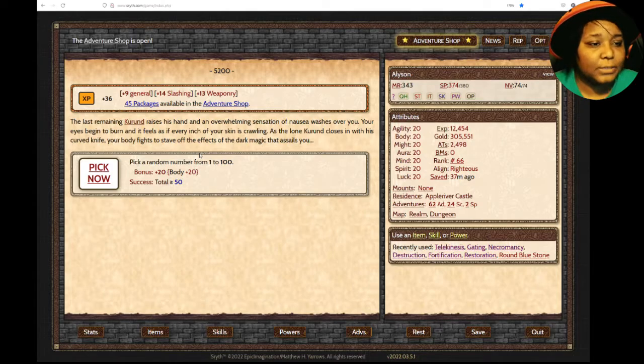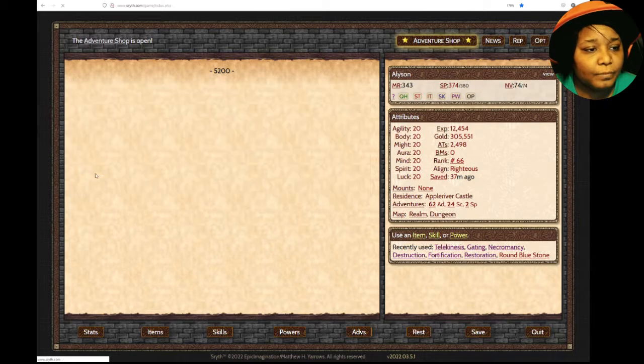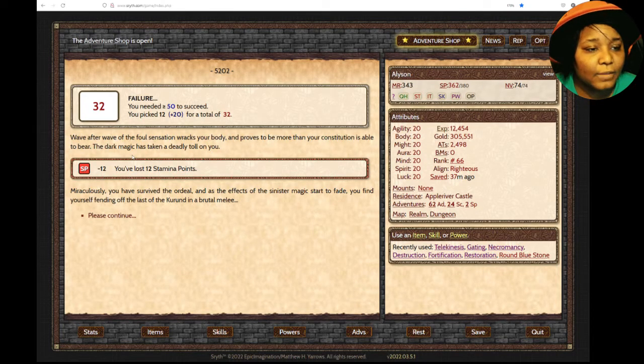Your eyes begin to burn and it feels as if every inch of your skin is crawling. And as the lone cultist closes in with his curved knife, your body fights to stave off the effects of the dark magic that assails you. I failed. Wave after wave of the foul sensation racks your body and proves to be more than your constitution is able to bear. The dark magic has taken a toll on you. Miraculously,